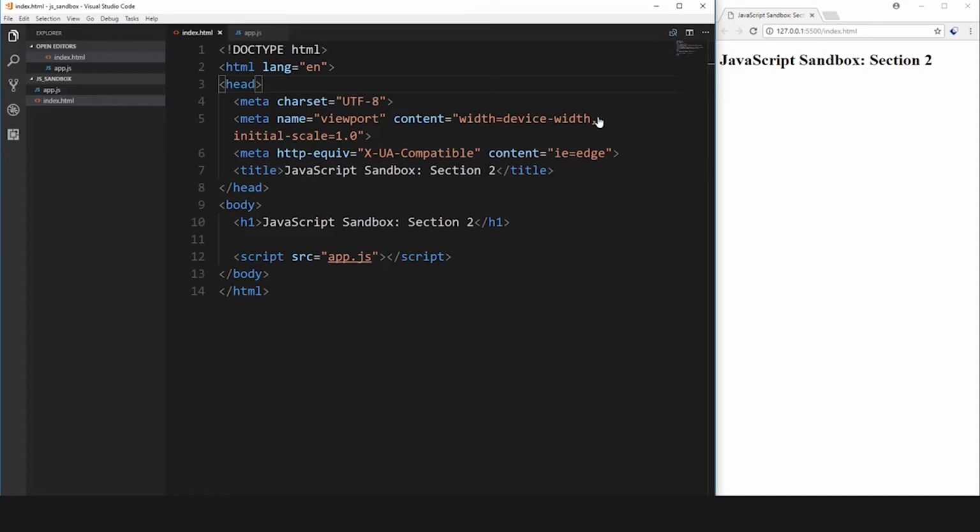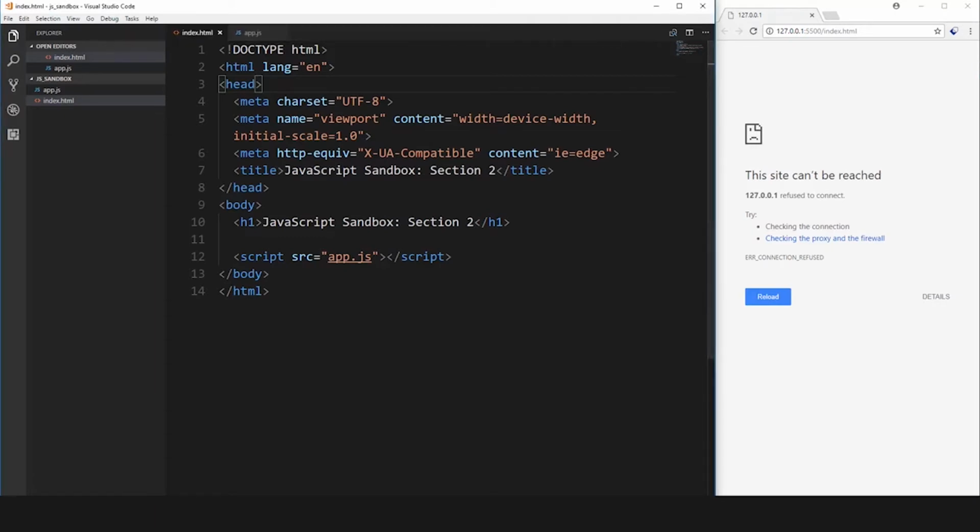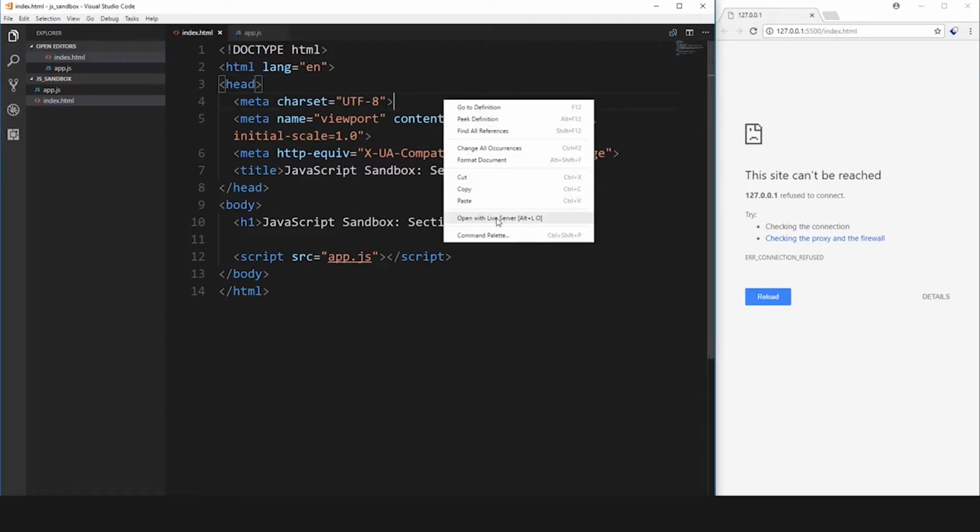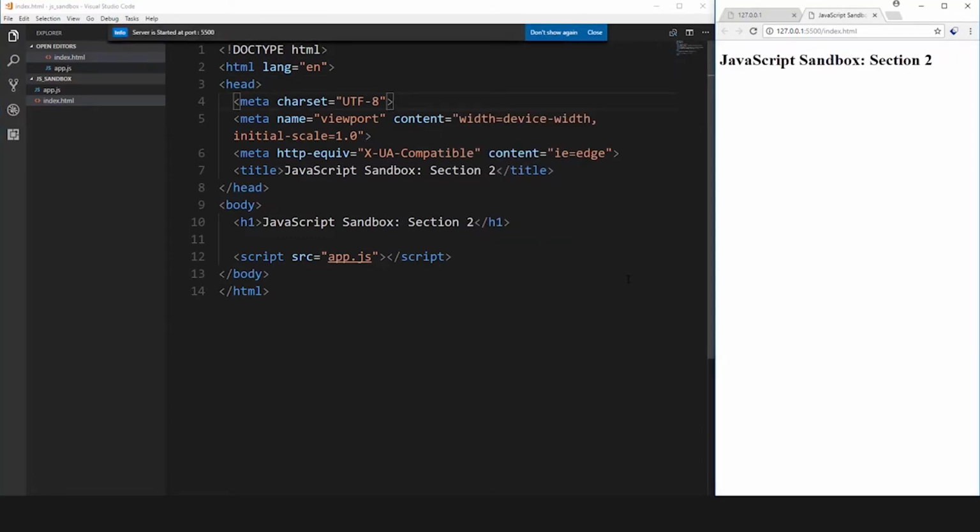Now, one thing I didn't mention is how to stop the server. If you want to stop it, you can go down to this right here, where it says port 5500, click that, and that will actually close the server. So now if I were to reload this page, it's not going to work. Alright, and then if you want to run it again, you can just right click and say open with live server. Okay, so in this video what I want to do is just focus on the console,